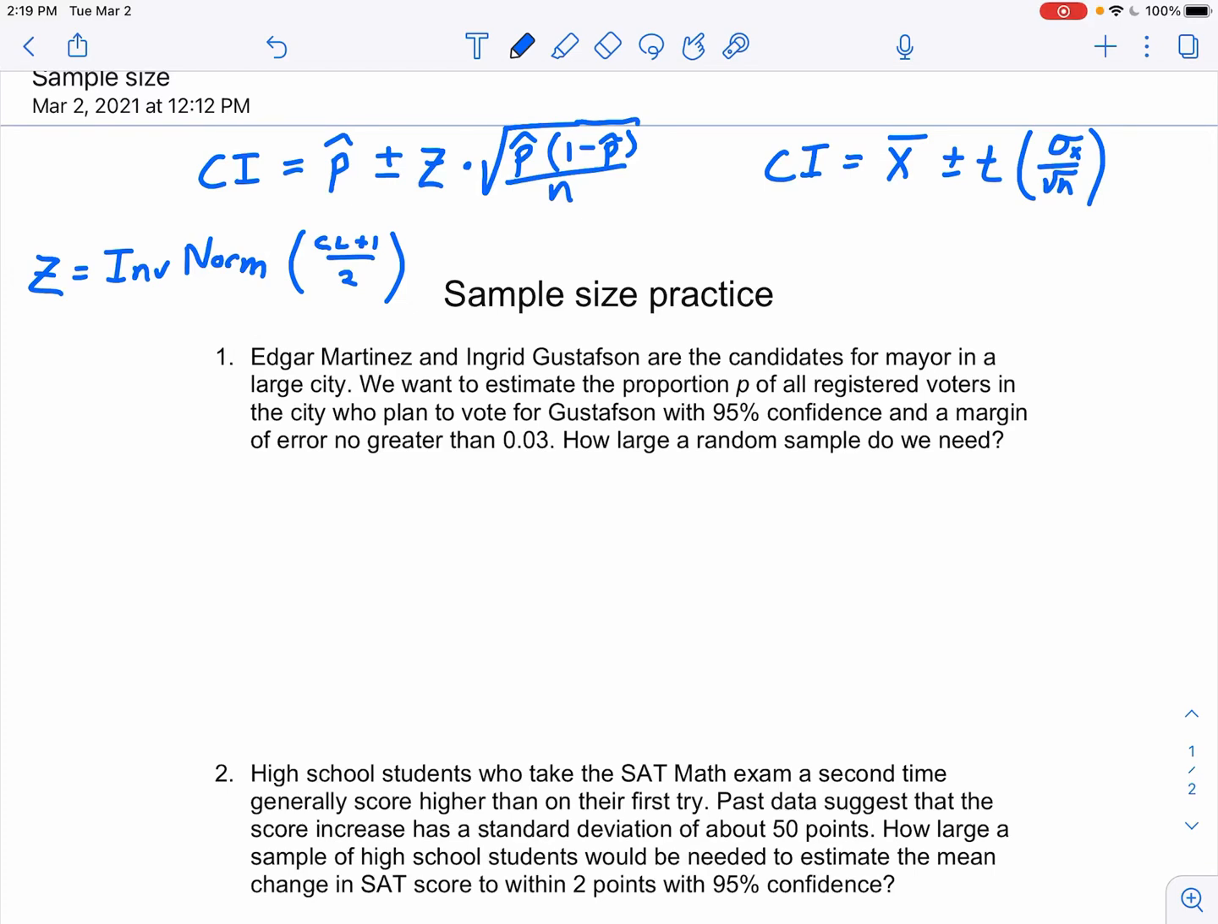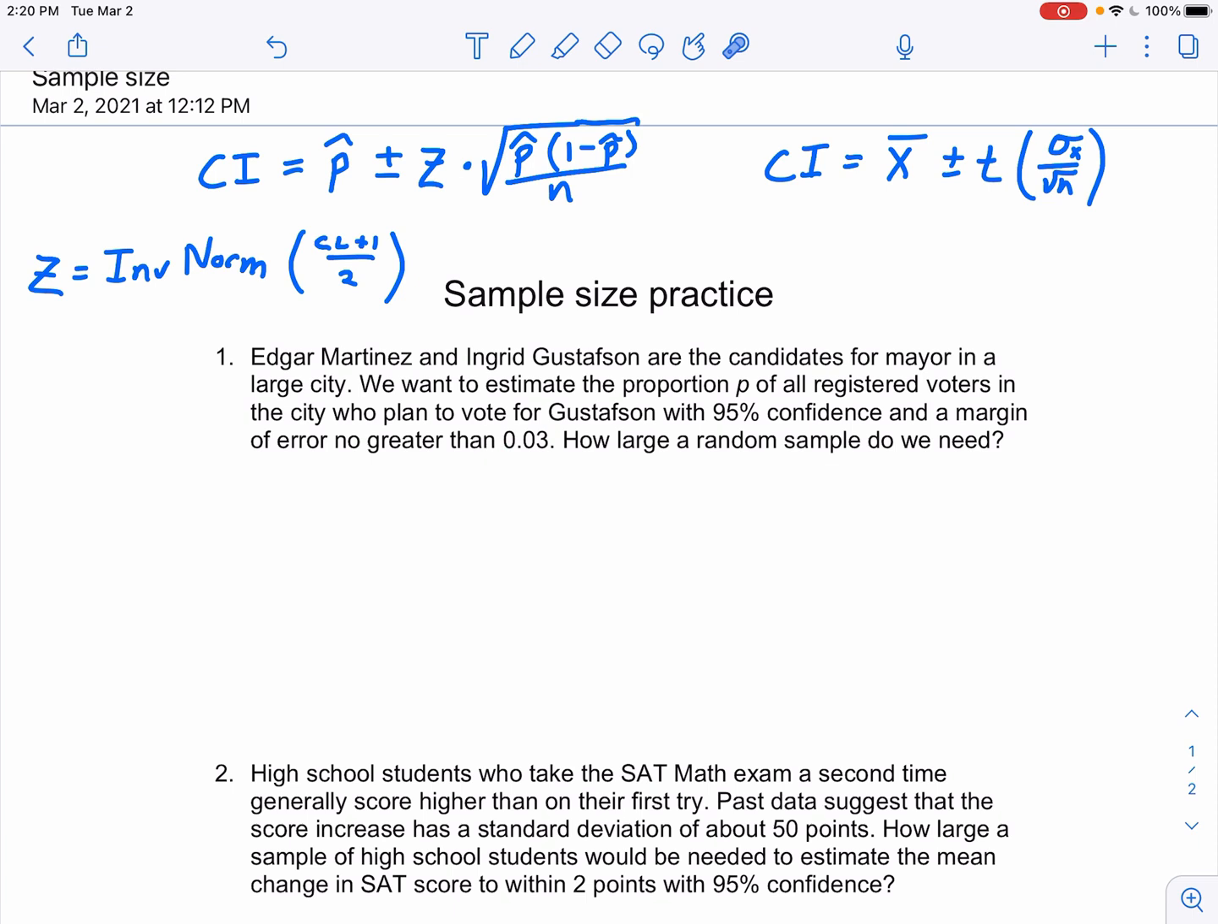Okay, so we're looking at this sample size practice, and essentially what we're doing here is we're taking the information from the question and we're gonna use it to fill in the equation here, and we're gonna end up solving for n, okay? So we've got these two people running for mayor in a large city and want to estimate the proportion P of all registered voters in the city who plan to vote for Gustafson. With a 95% confidence, that's our confidence level, CL, and a margin of error no greater than